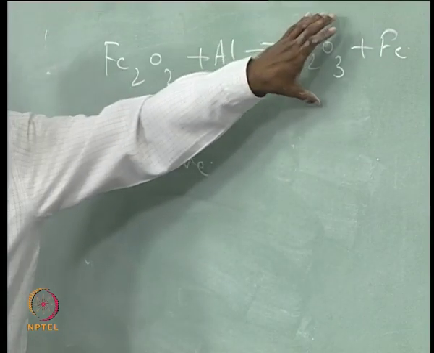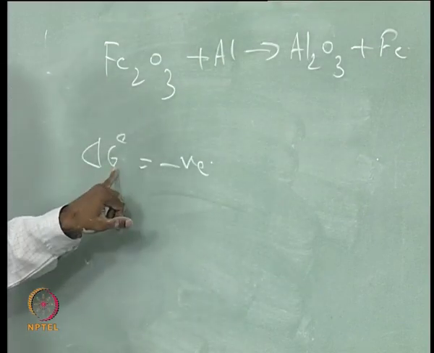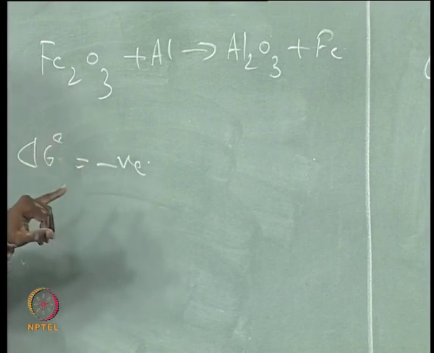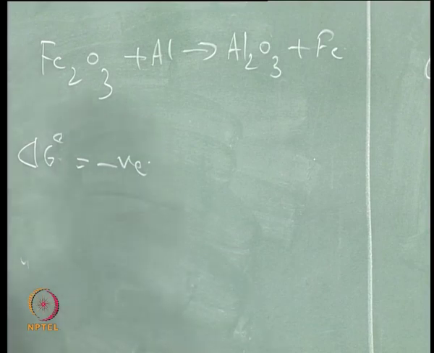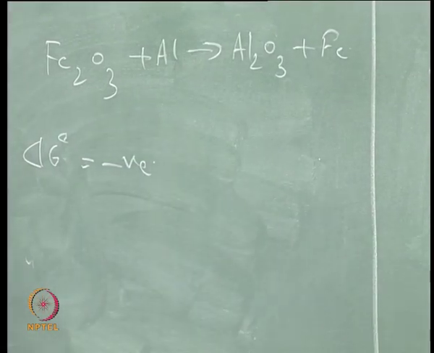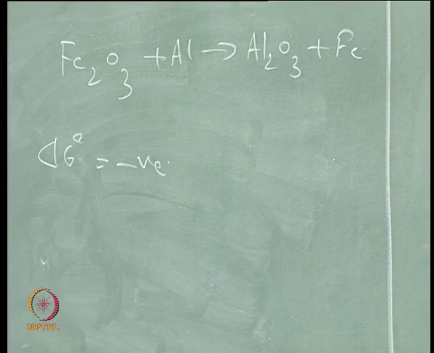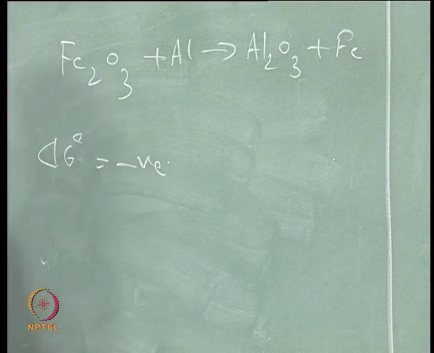So if the free energy of the products is smaller than the free energy of the reactants, then only delta G naught will be negative, and that means the products have a lower free energy than the reactants. It is like a liquid going to a solid, it happens only when the solid has a lower free energy than the liquid. So you can see such reactions happening, and for that what you need to do is basically